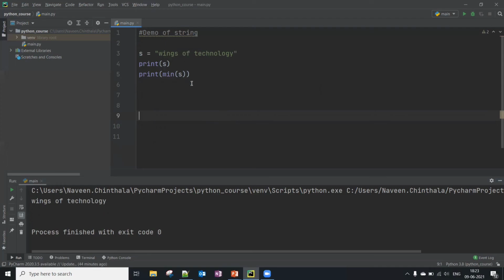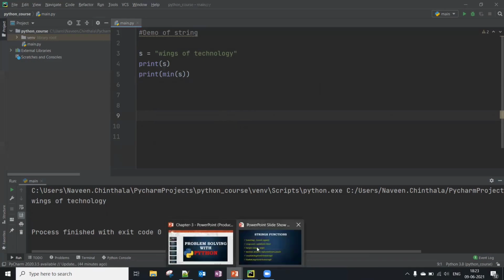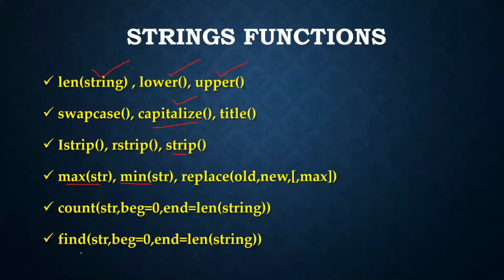Okay, and we have replace and count, that returns the number of occurrences of a string in the range. We have other functions also, and the find function, that returns the index of the string if a string occurs in the range beginning and ending. Okay, so like that we have different functions.